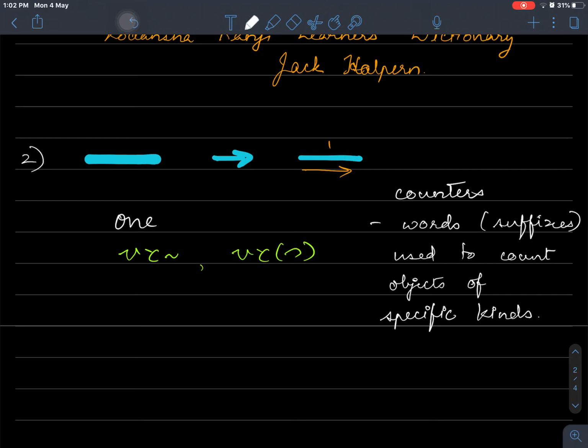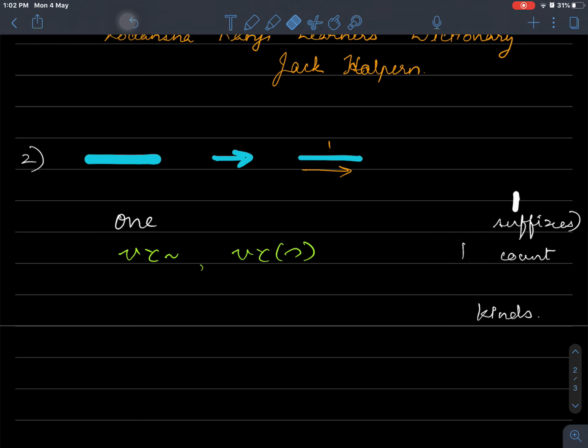When you're counting flat objects, it is mai. When you're counting glasses of water or tea, it is hai, etc. So there are specific suffixes, and tsu is one such suffix, a very specific kind of suffix. Also, if you're not sure how to count a certain object, what the category of it is and what is the correct counter for it, usually you will be forgiven if you add tsu in the end.